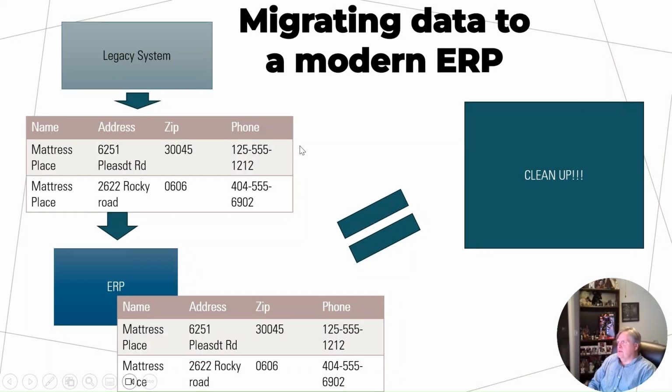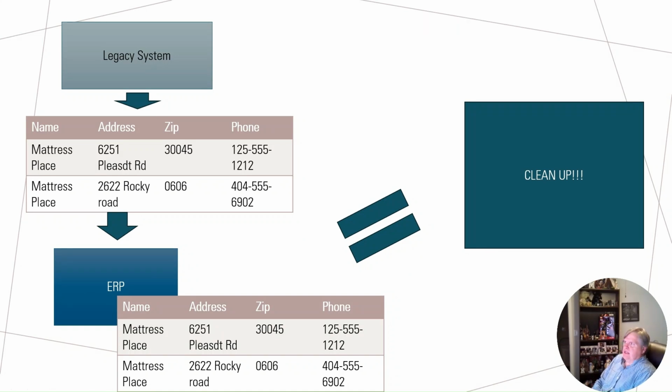So let's talk about how we get this master data into a new ERP system if you have a legacy system, or even some of the more modern systems, and you're just switching ERPs. Well, most legacy systems are only going to allow you to export into CSV. So you're going to have some issues